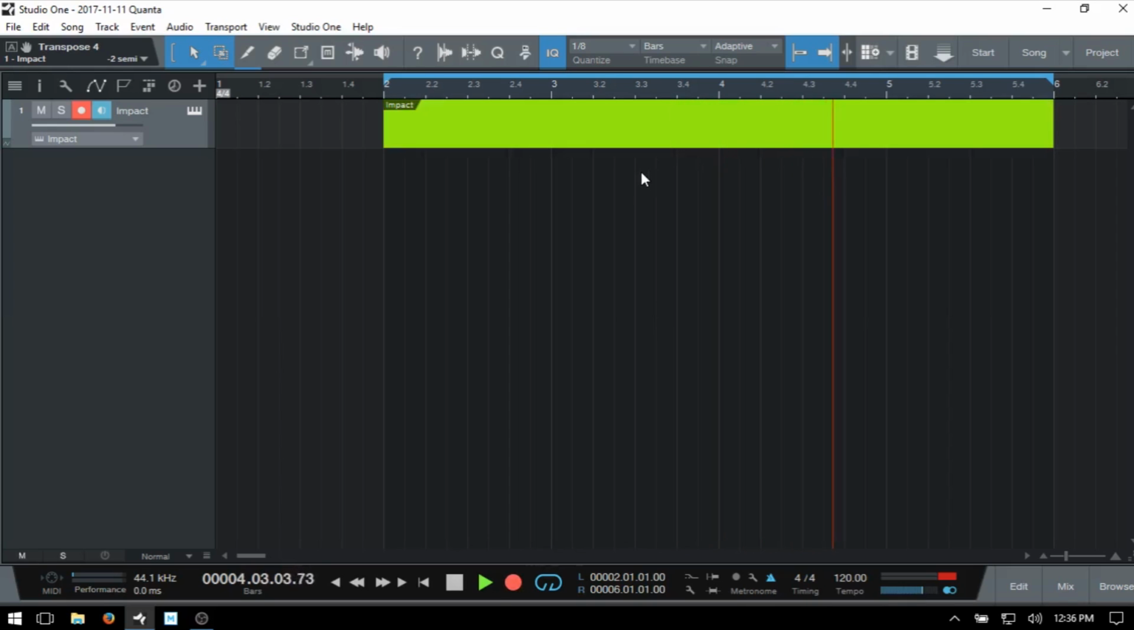Activate recording. Add another snare. First I need to, okay,